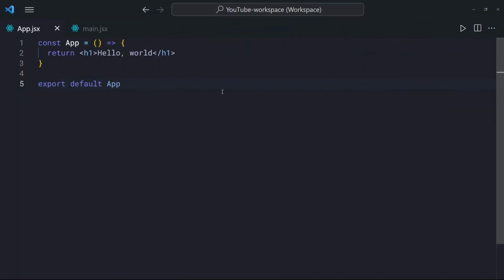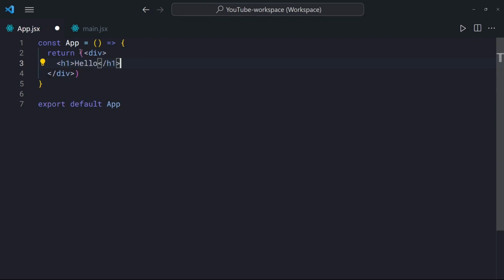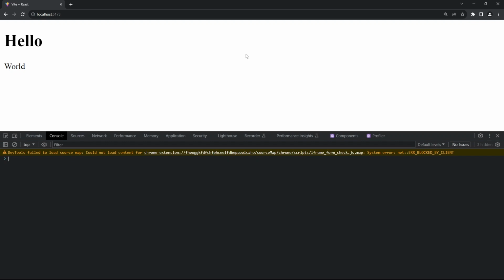Now we can also return multiple statements from our component, but one thing we need to remember is if we have multiple components to return, we need to wrap them in something like a container. So in this case, we're going to wrap it with a div tag. So we're going to have a div. And in here, we're going to have an h1 tag that says hello. And we're going to have a p tag that says world. And now if we save our file and go to the browser, we see that we get multiple statements rendered